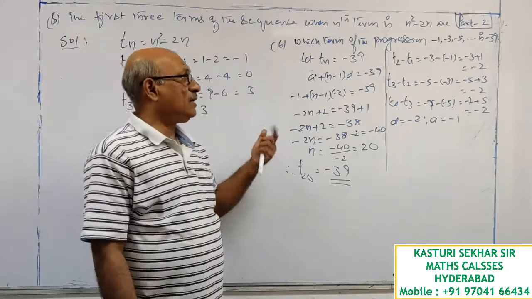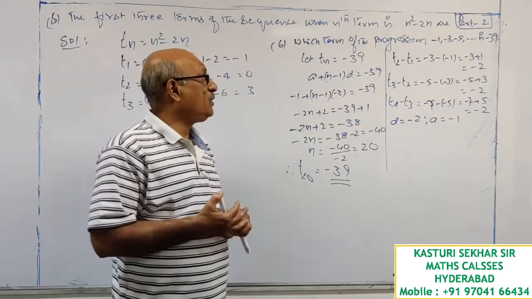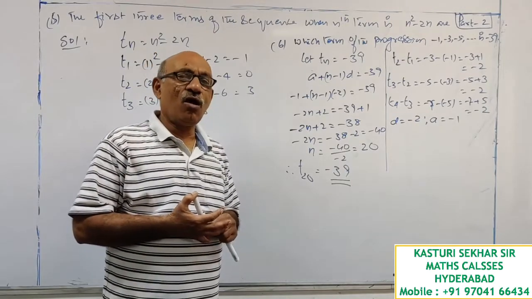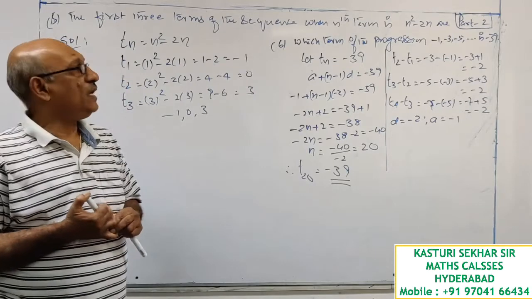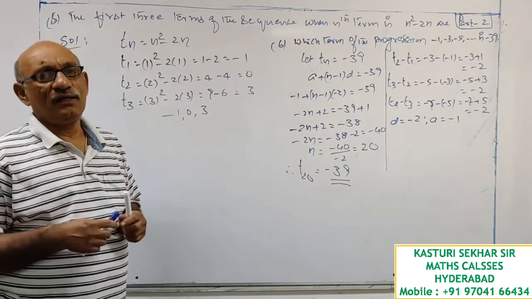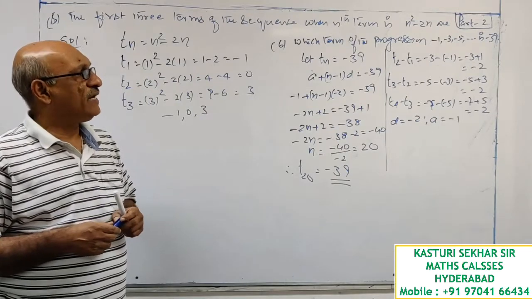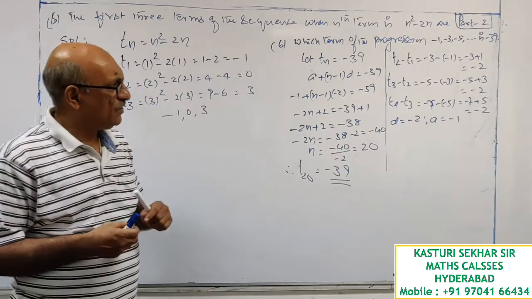So this is an application of Tn value. How Tn can be used to find out the order of any term. Again I am repeating this point. This question is for using the general term. When value is given, how to calculate where it lies. Further, this is an example.